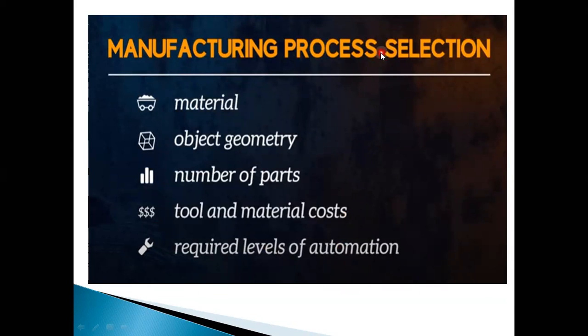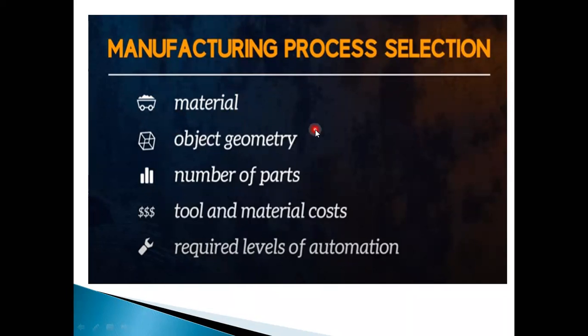Suppose you have different manufacturing processes. As I said on the previous slide, you have welding, you have turning, you have something like additive manufacturing, forming, etc. How to select those manufacturing processes depends upon these things. What sort of material are you going to machine? Suppose it's a metal like mild steel, or an alloy like copper, or a material like aluminum, etc. So we have to see the material, and depending upon that I have to select the manufacturing process.